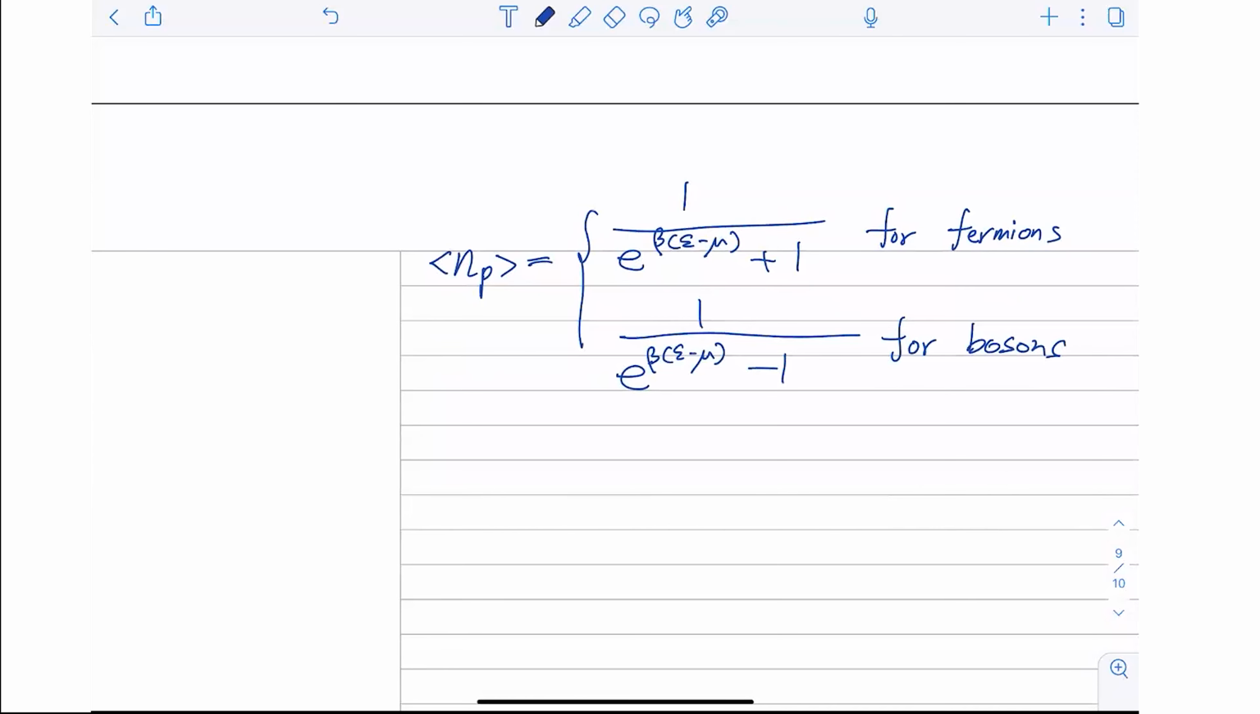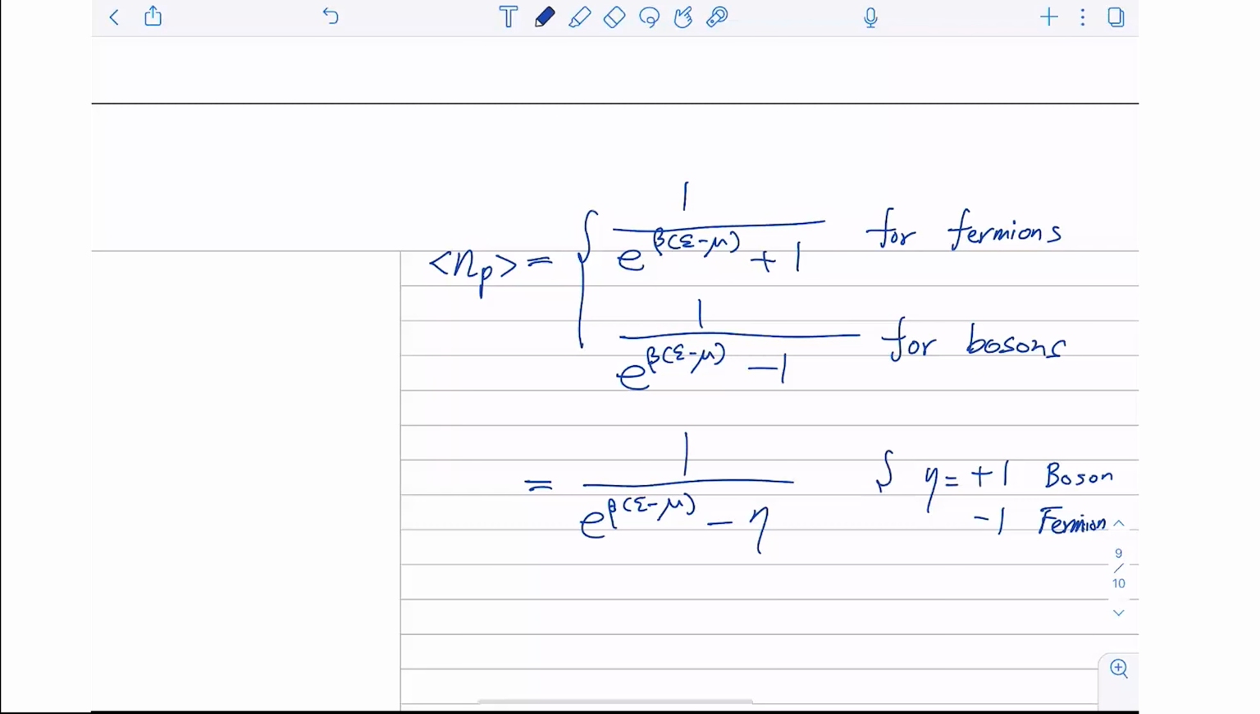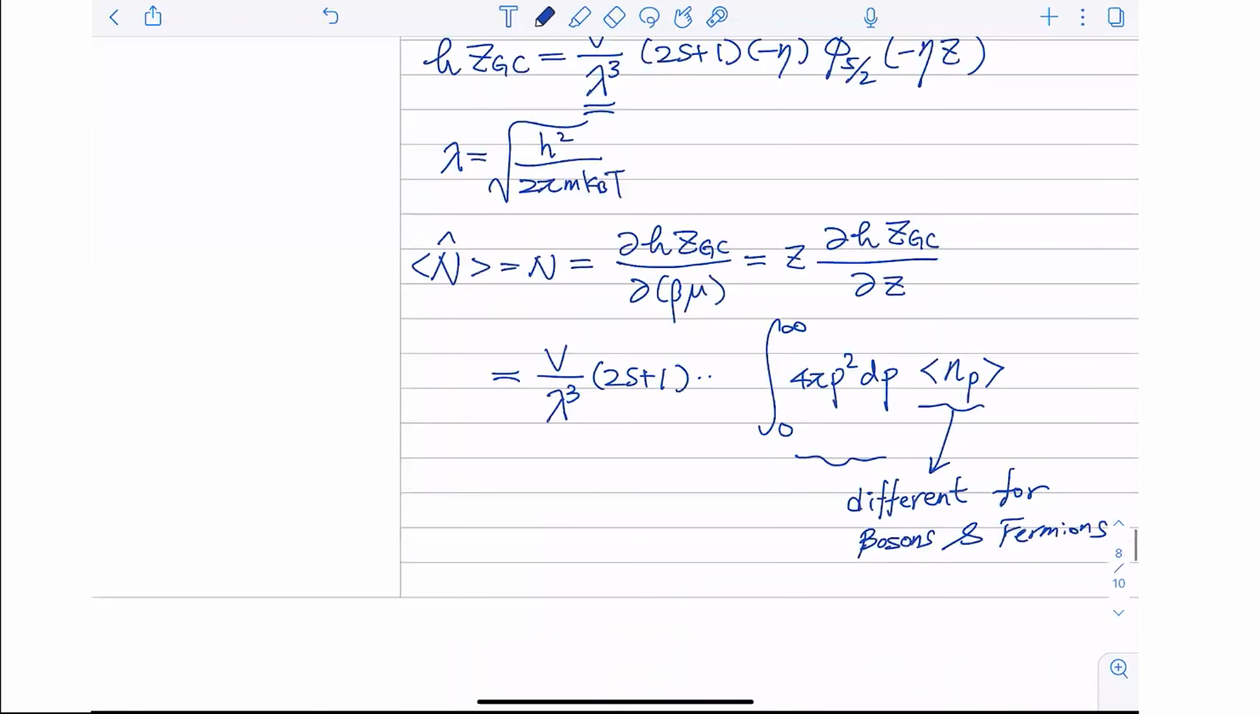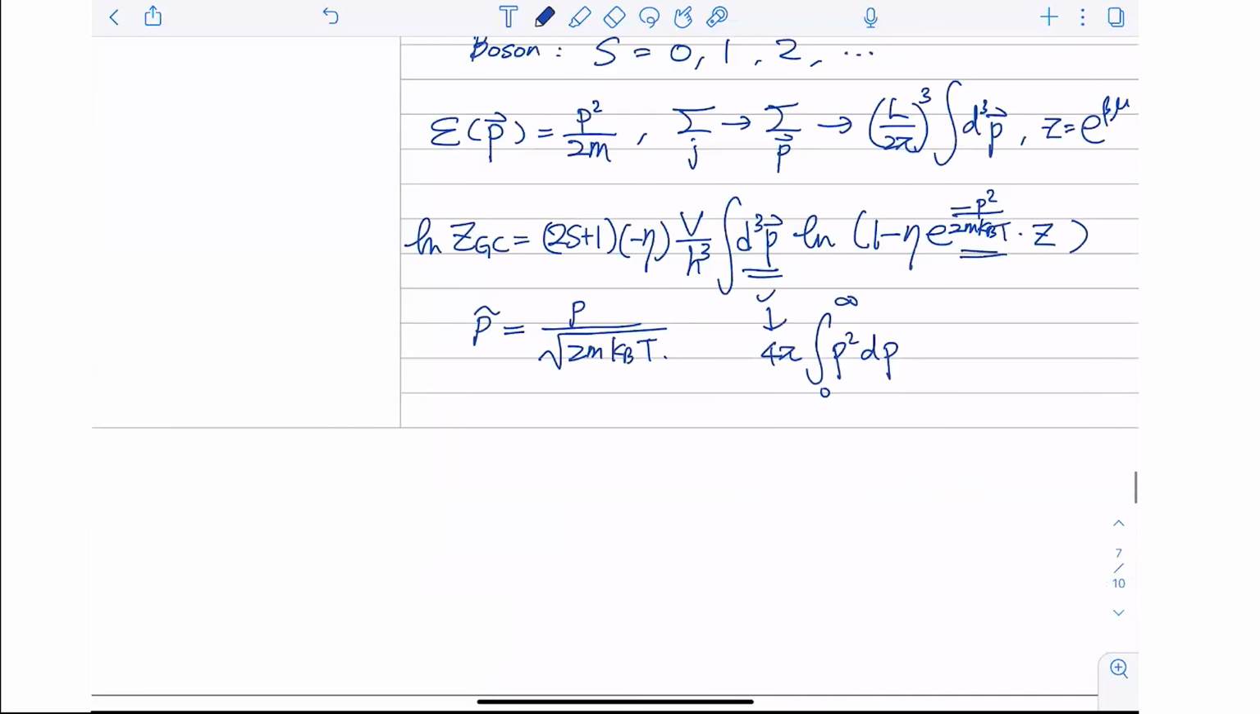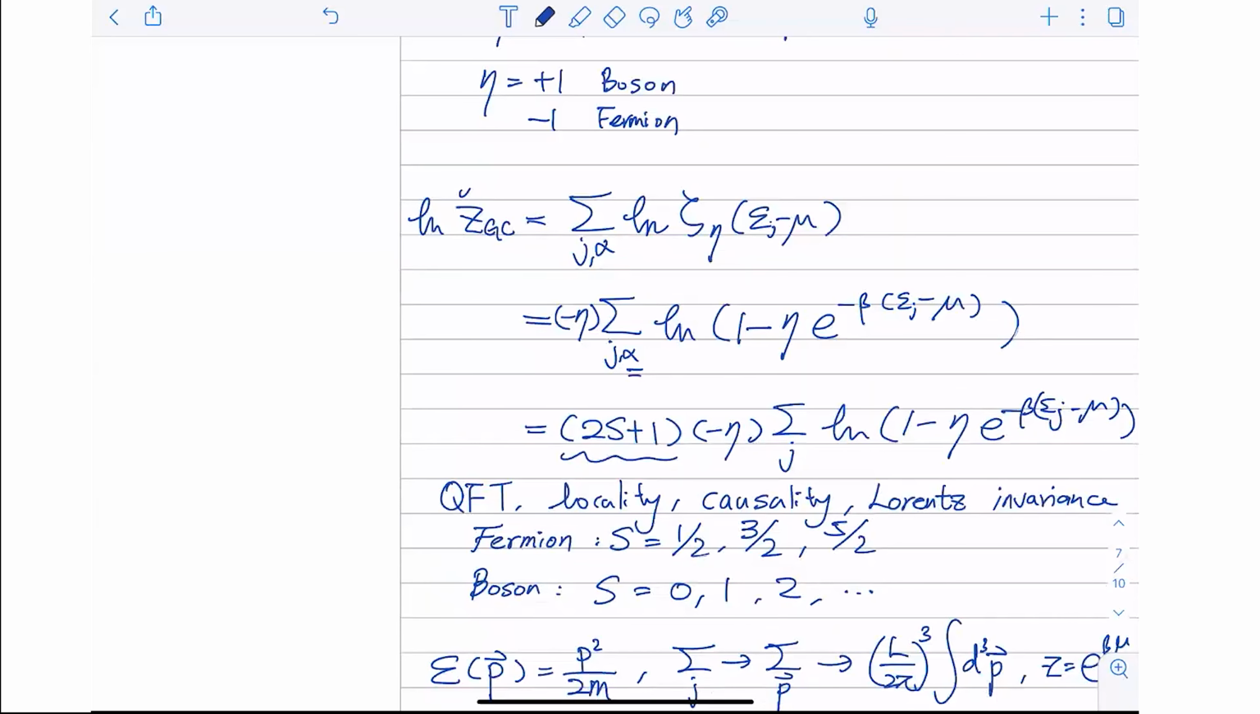Or you can simply use etas to represent these occupation numbers. Okay, so I think that's the general discussion for